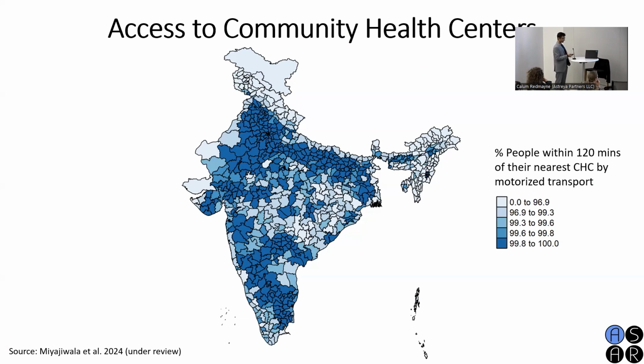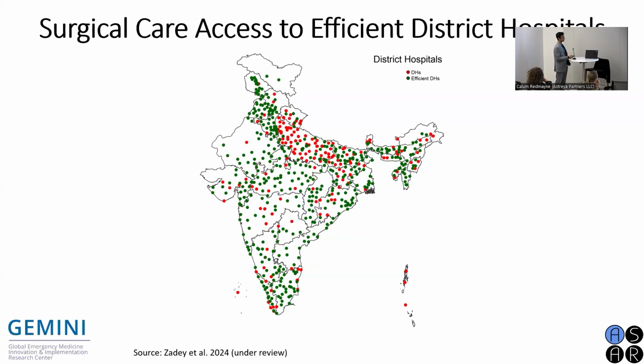And so let me run you through an example of where we were able to do that due to availability of data. So while looking at district hospitals, these are about 700 district hospitals all around the country. We have data on, like I said, functional characteristics for these. And what we did was we classified them according to an efficiency criterion, which was based on how many surgeries they can conduct and whether they have essential services that are needed for conducting those surgeries or not.